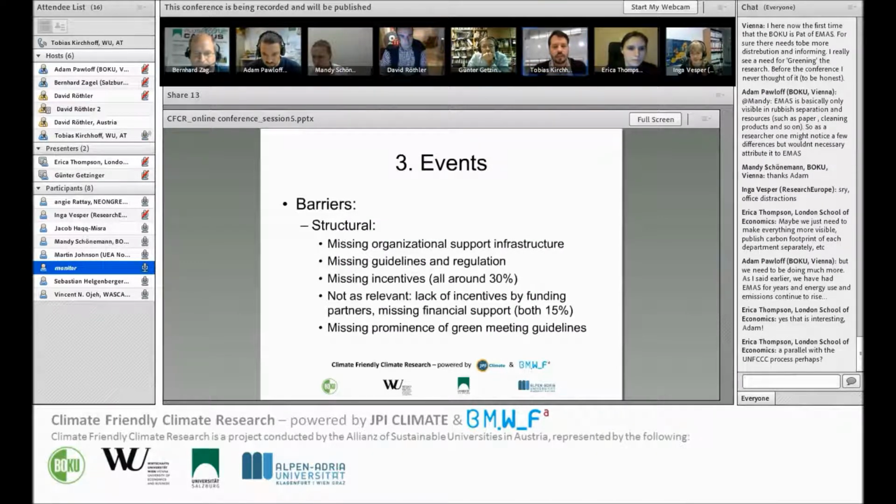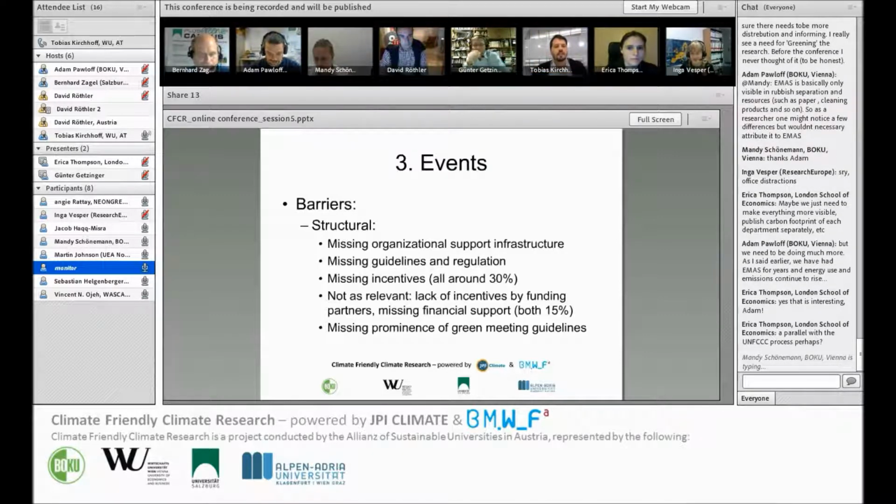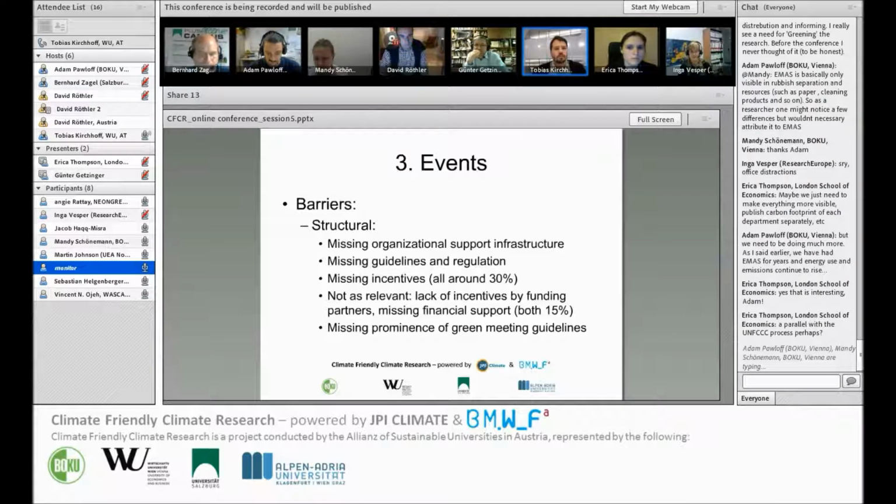So I again structured it according to structural and budgetary barriers. So what are the structural barriers I have identified? And that is basically what Bernhard just said, that there is a missing organizational and support infrastructure. So to be able to create or hold green events, to organize them, you need a support infrastructure that helps you in the process, which means you have to dedicate at least one person part-time